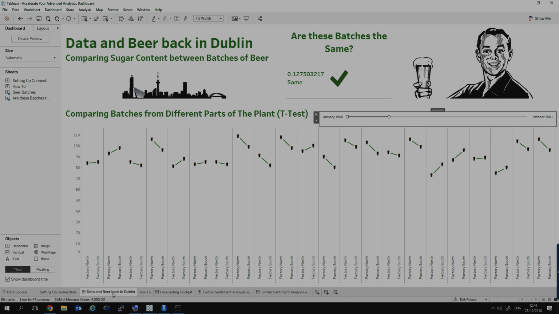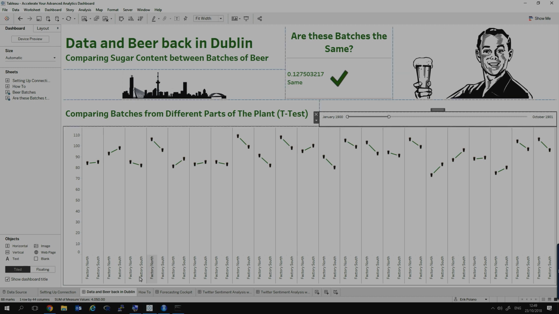Within this case, what we're looking at is the possibility to compare different batches that come out at similar time spans to then be able to compare whether the quality is consistent between these different batches. What I'm further able to do in this case, within each of my panes, I see in a given time period my south and north batches from the different plants within that factory.